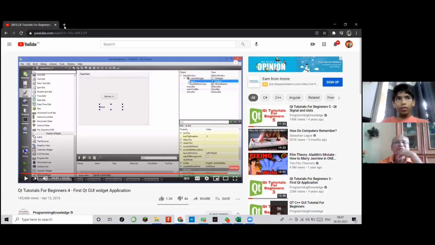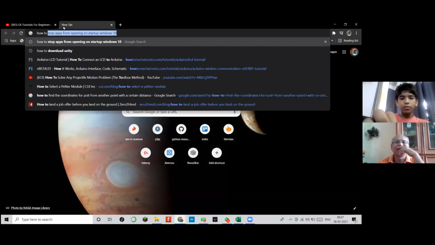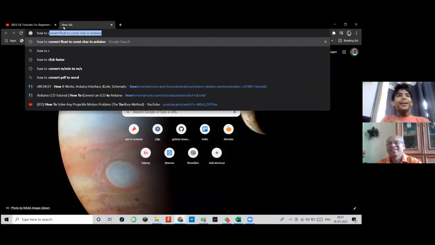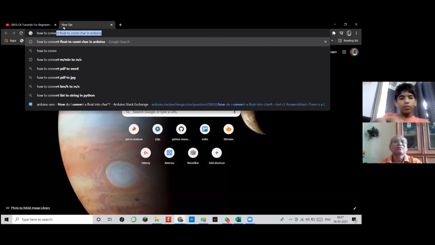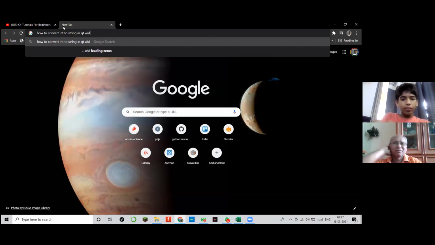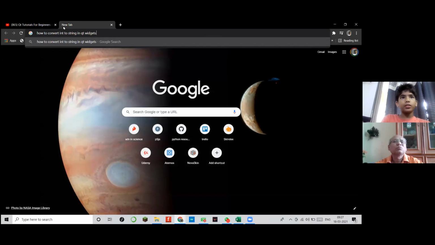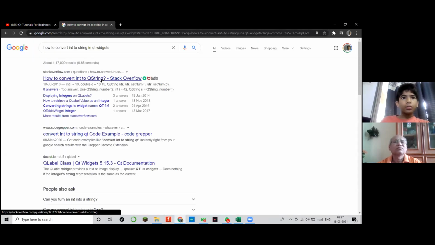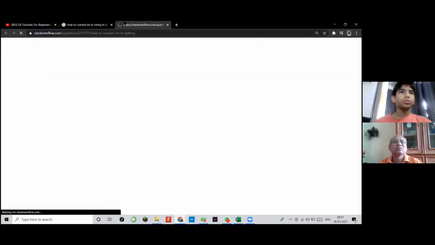I don't know, I'm not a programmer. How to convert number into string in Qt widget. How to convert it to QString?